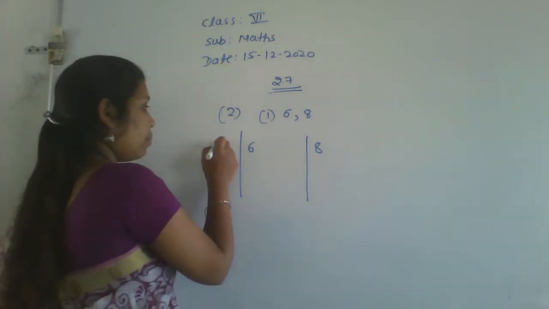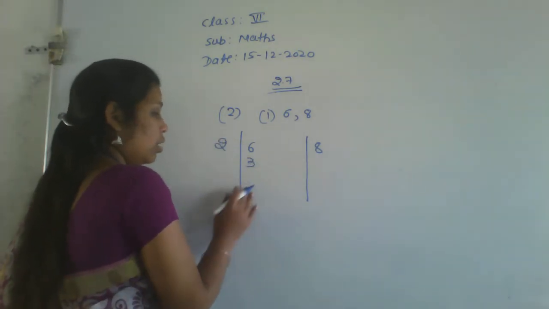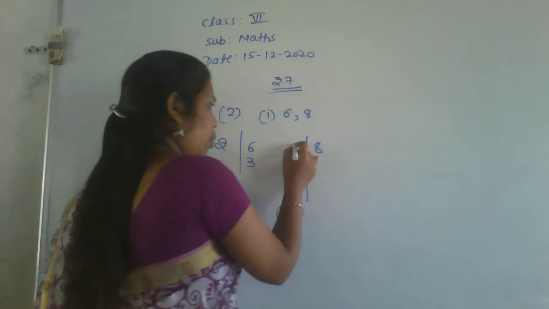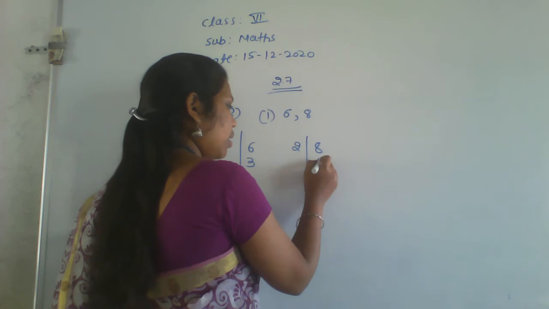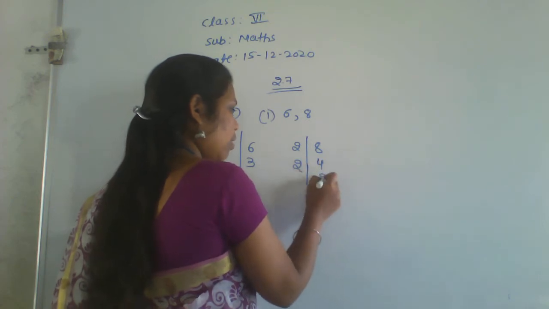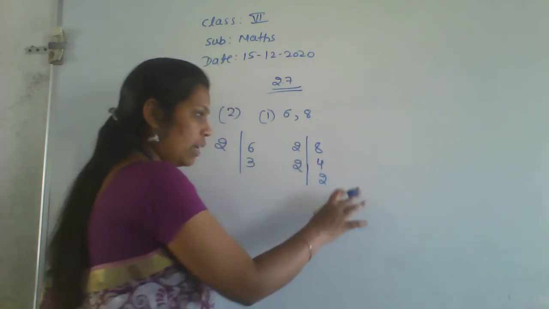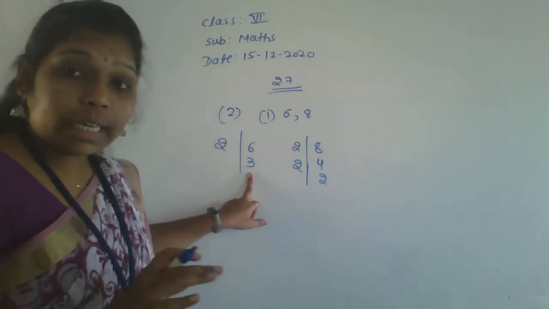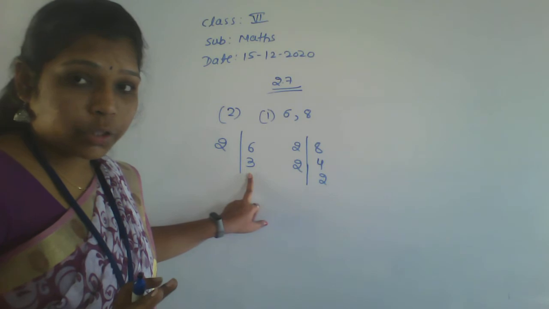So take a prime number, that is 2 3s are 6. So here you got a prime number, right? So leave here only. And now here 2 4s are 8. Now 2 2s are 4. 2 is also prime, so leave here. Until you get the prime numbers, you have to do the division. That is a prime factorization method.